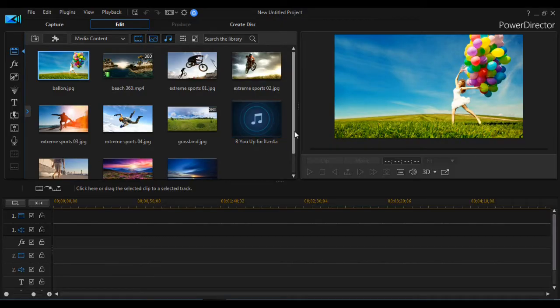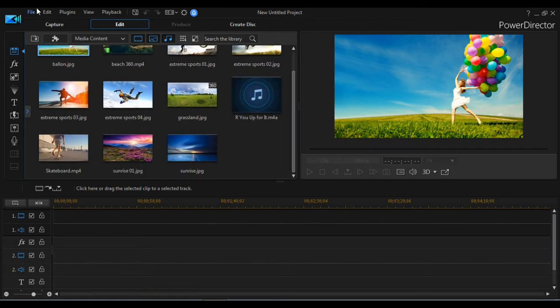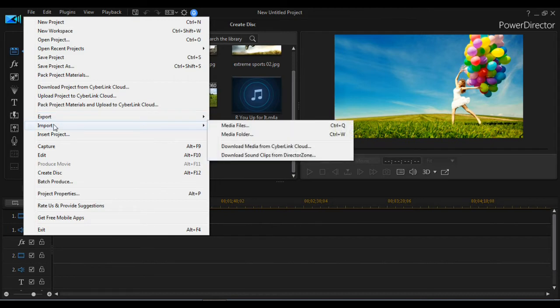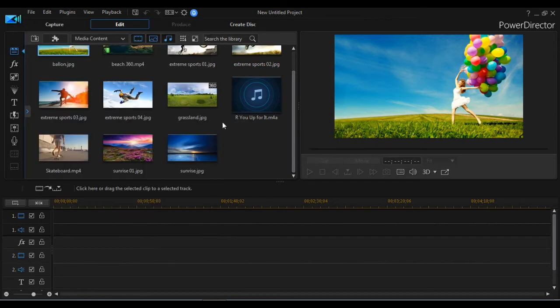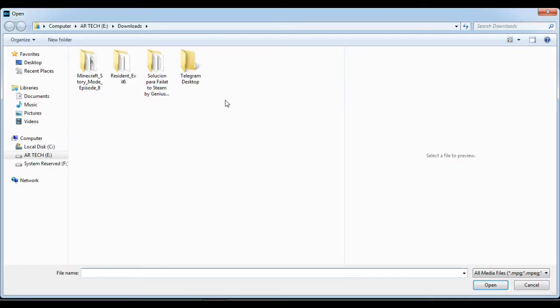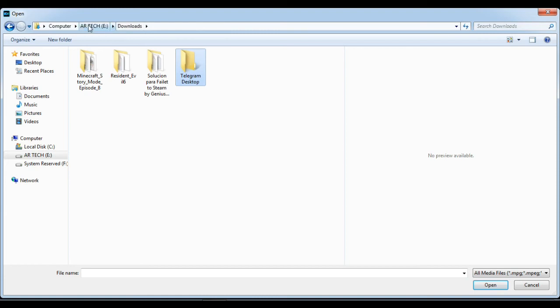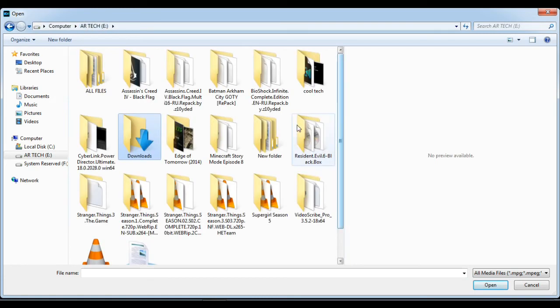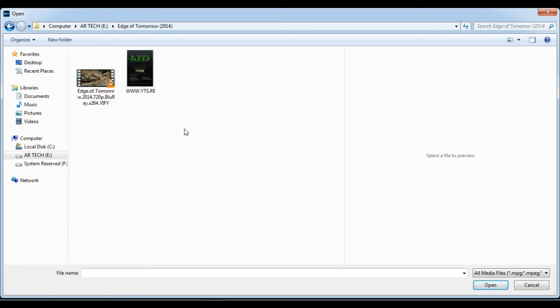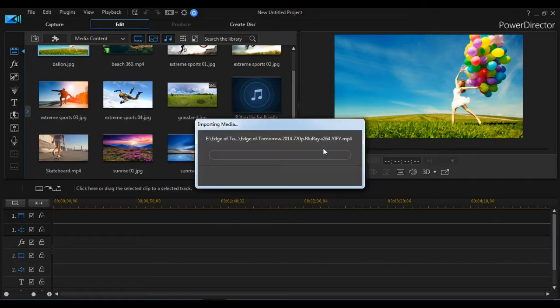So friends, first I will show you how to add a video. If you go here and type export, import and give media files, you'll get a desktop like this. Now I will take a simple video and show you. Yeah, this video. This will take something like 5 or 10 seconds. So you need to insert the video first.